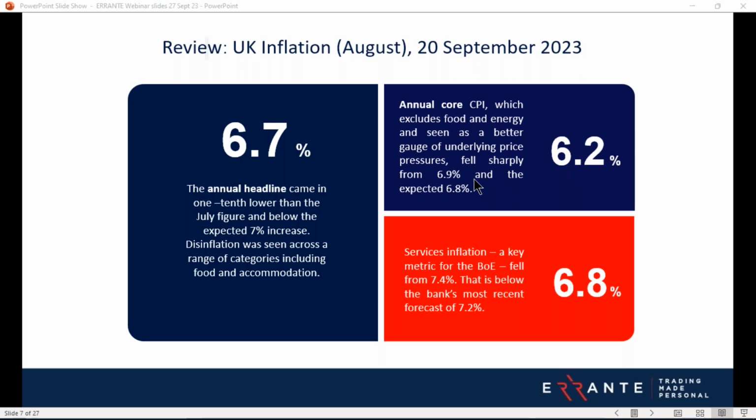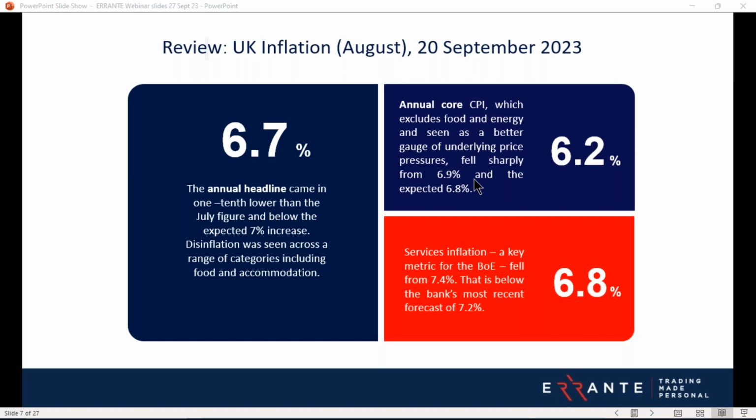So really a welcome downside surprise for UK CPI, and that was obviously the day before the MPC, the Bank of England meeting, which really put the cat amongst the pigeons, if you like, because a rate hike was expected, was priced in really. A close call, but pretty much priced in at 60-40, I think, before the decision. But then after those soft inflation numbers, those odds turned pretty much the other way. So the Bank of England kept rates unchanged at 5.25%.